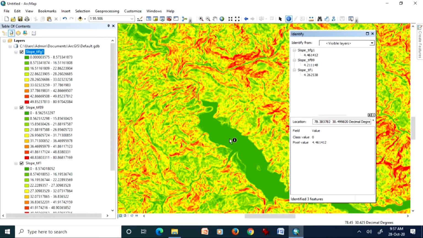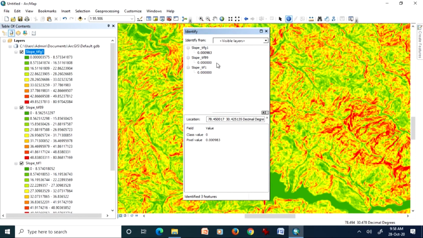Or like I know here this is flat terrain, meaning it's a water body, and my two slope maps with planar methods having different z factors are giving value 0, whereas geodesic with z factor 1 is giving 0.00983. So for this particular cell, it is not giving an accurate value.